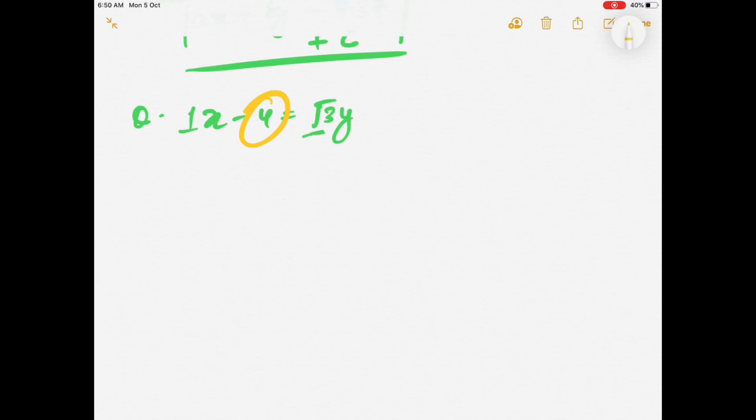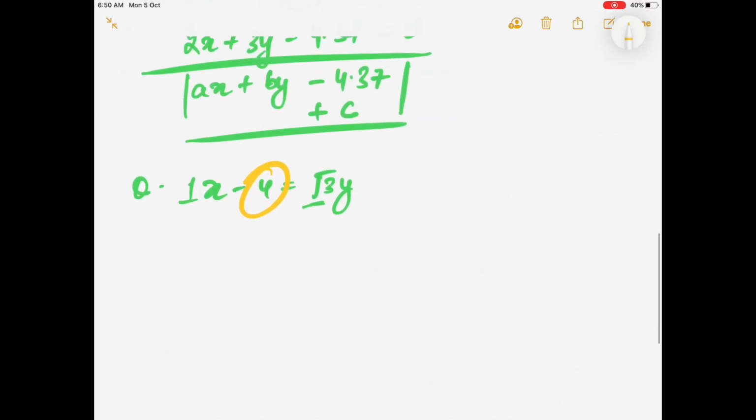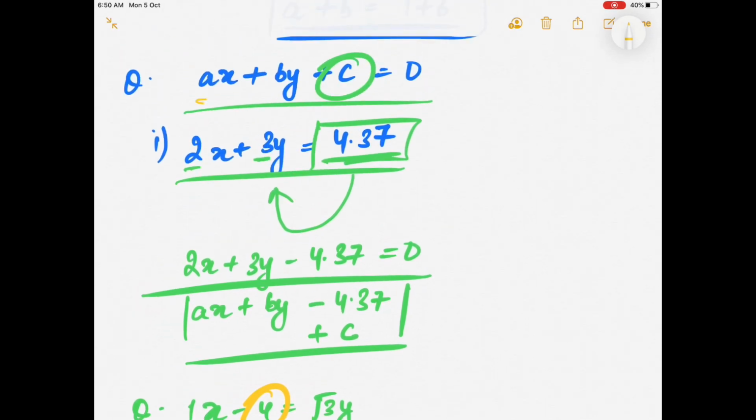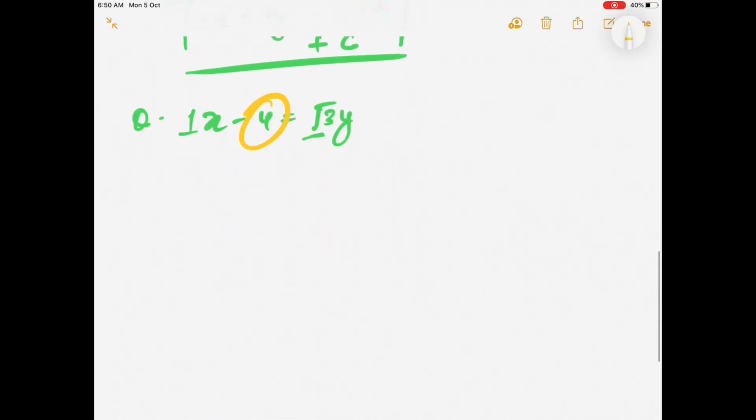You have to remember that all the three terms must be on LHS, and RHS must be equal to 0. So we will just bring the y term to LHS. Okay, so this will be our final answer. x minus root 3 y, it will turn into minus root 3 y because the sign changes when we put the terms from LHS to RHS or from RHS to LHS. So this will be our final answer.